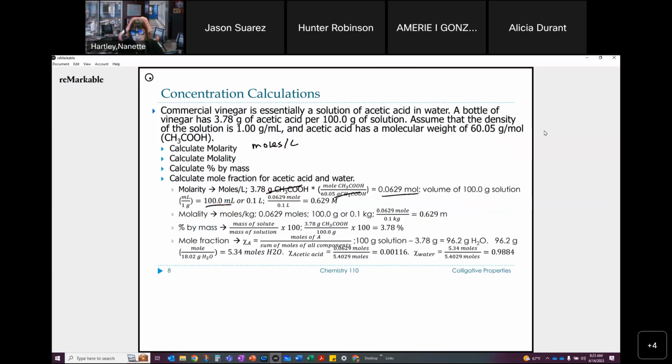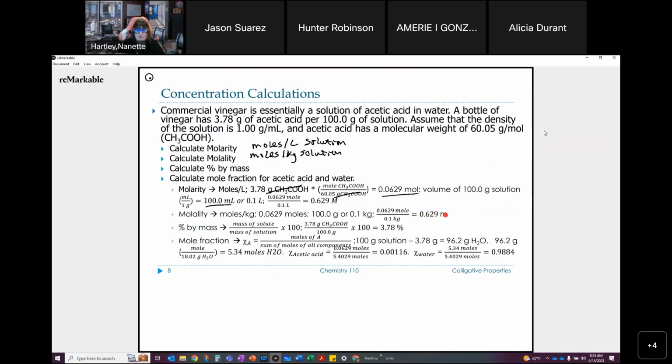Now, I'm going to look at my molality. If I want to do molality, that's moles per kilogram of solution. If my molality is moles per kilogram, and I know that I have 0.0629 moles, because we calculated that previously, and that calculation will not change here. We have 100 grams or 0.1 kilogram in this particular solution. So I can take that 0.0629 moles divided by my 0.1 kilograms,